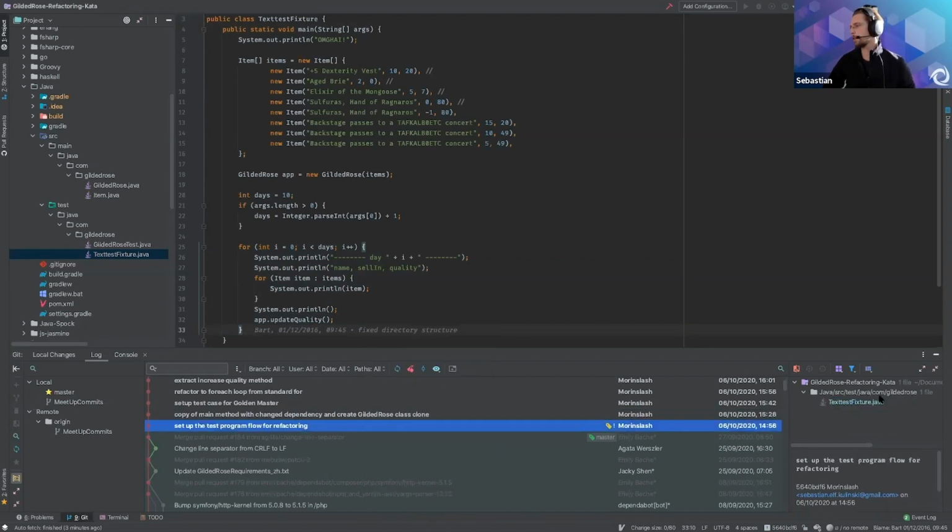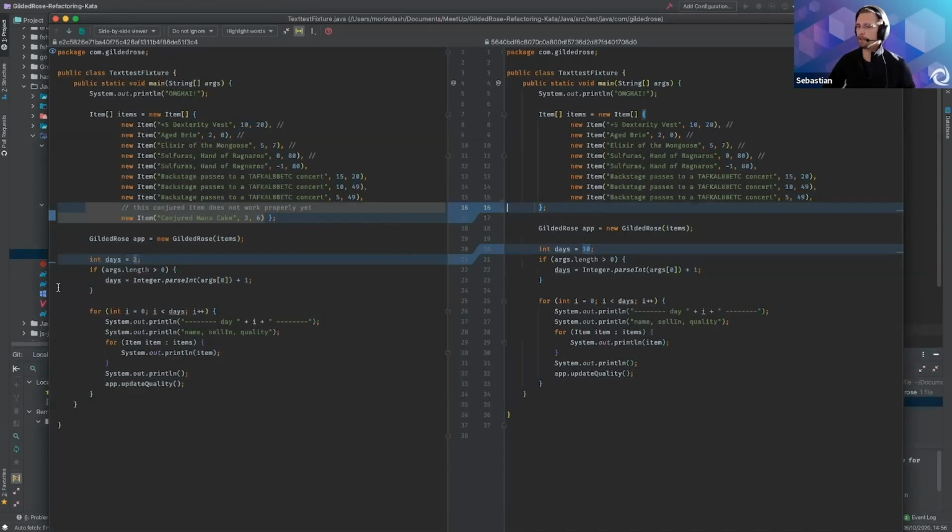So this is the first part. The only changes I've made to the text fixture were to extend the output, how many times we'll be updating each item in the program. And I've removed the original part for conjured mana cake. This is the extension that we'll be skipping in this presentation completely. Those are the two differences from the original code base that I've made for this.